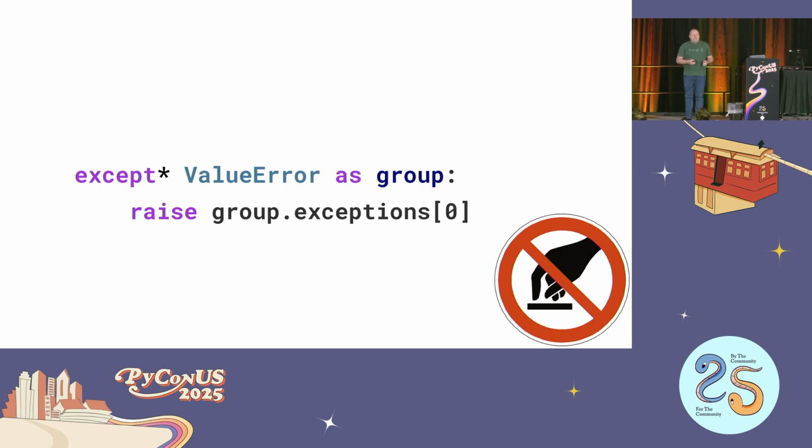Because remember what I said earlier about the context when you raise an exception when there's another exception active? You thought here that you were going to simplify the traceback by pulling out just one element of the group and raising that leaf exception. But when we did that, the Python interpreter helpfully made sure that we didn't lose the context of that exception. And so we now have that leaf exception where its previous context has been replaced by the entire group that we just tried to pull it out of. So we have in fact increased the size of our traceback instead of decreasing it.